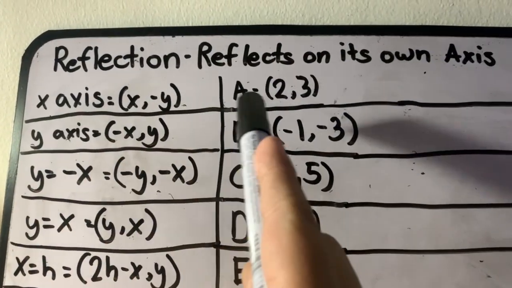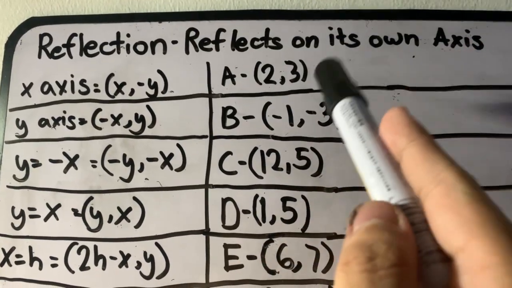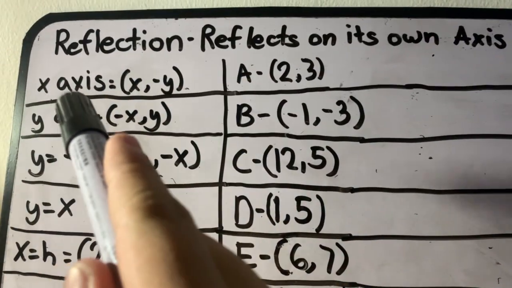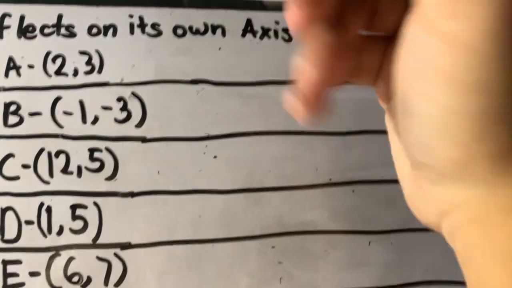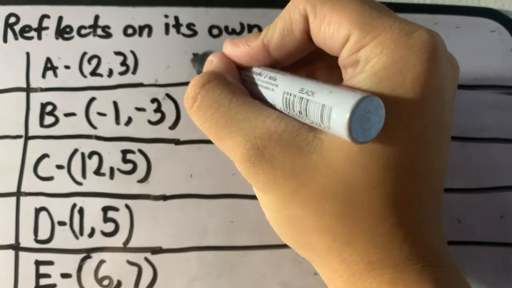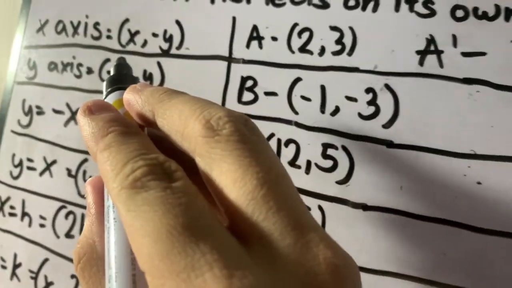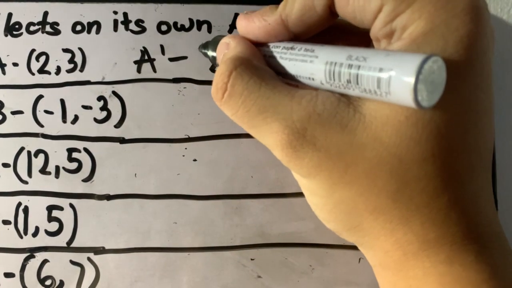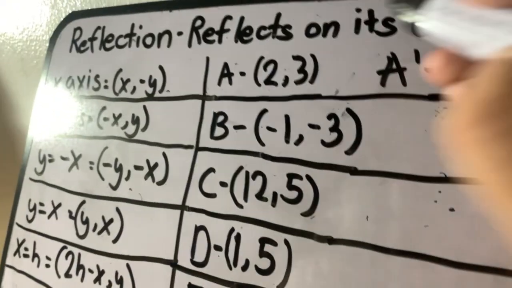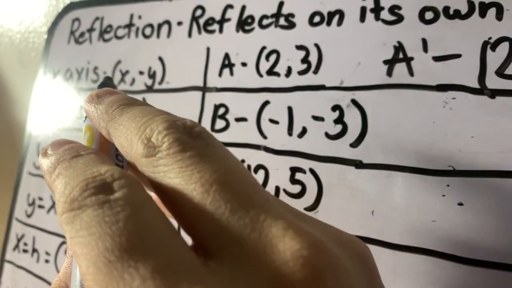So A is equal to 2, 3, or x is 2 and y is 3. And we're looking for the reflection over the x-axis. So A prime is equal to, what is the x-axis? We retain x, which is 2, but we multiply y by -1. So 3 times -1 is